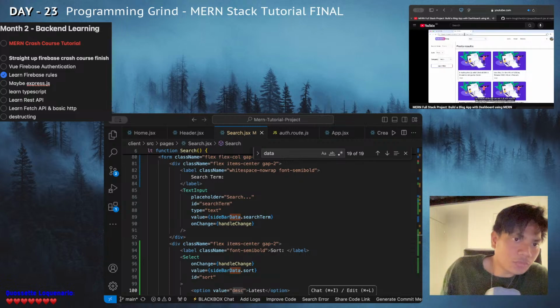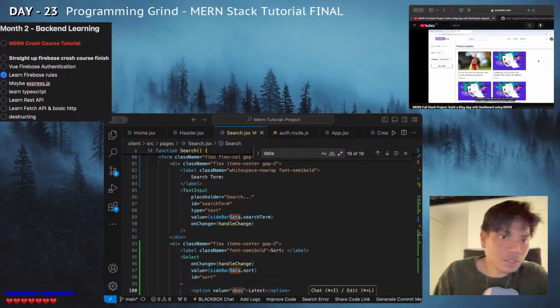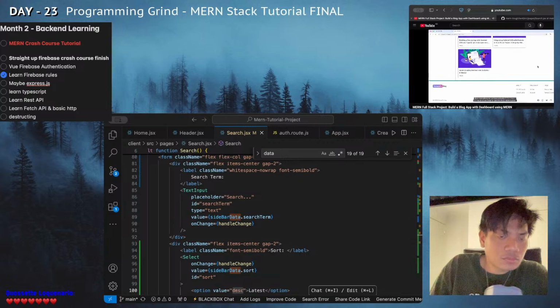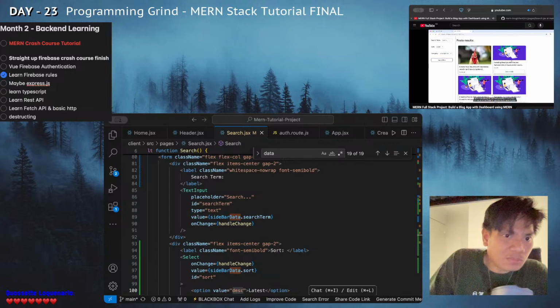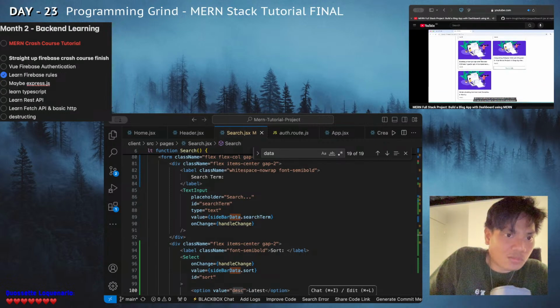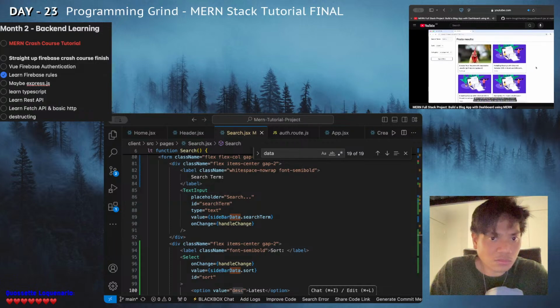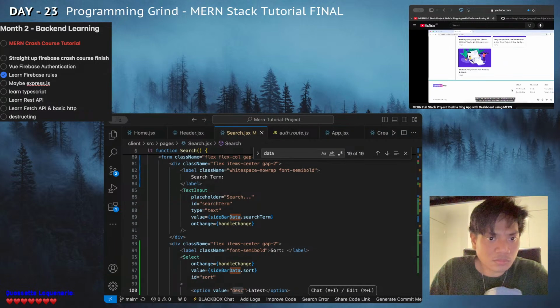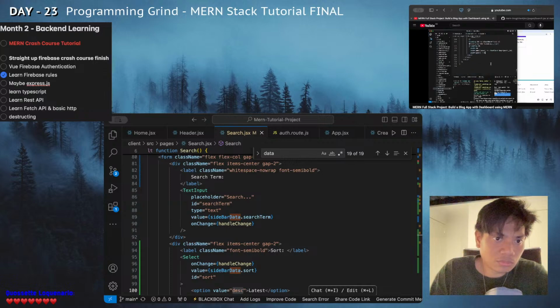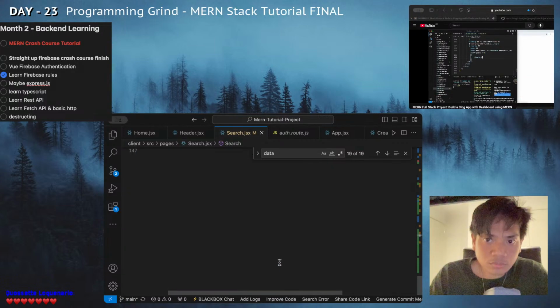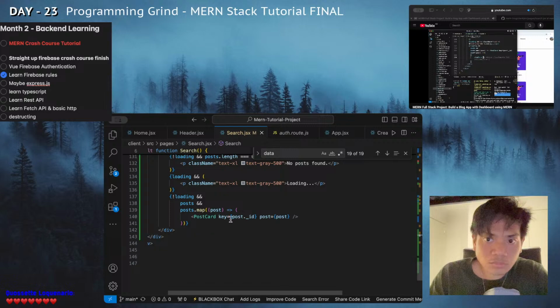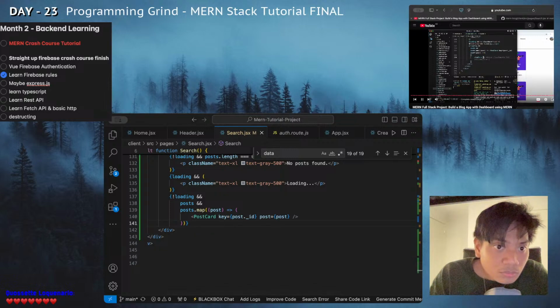Let's remove the category. I want to show everything. So we have actually 1, 2, 3, 4, 5, 6, 7, 8, 9 results. So we want to see the show more button now if we have 9 results. So what we want to do here at the end, after this loading, we want to say if the show more is true, then we want to have a button